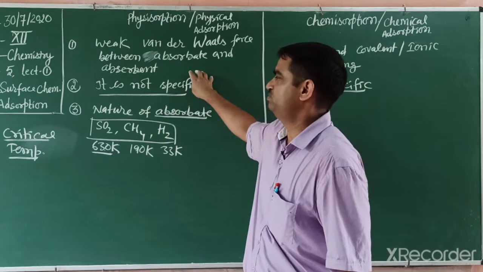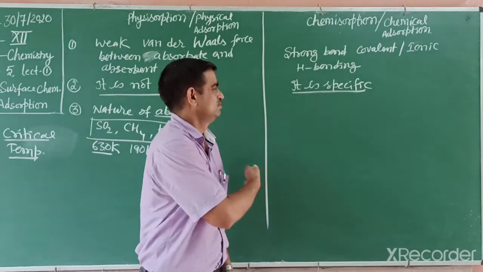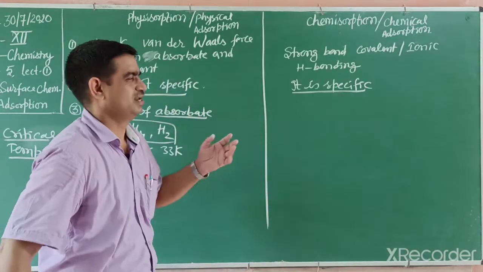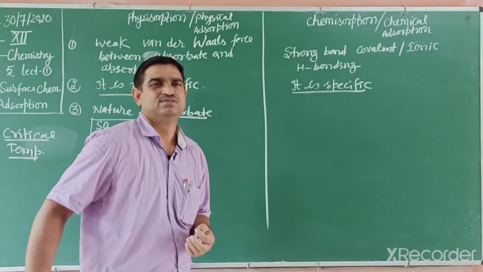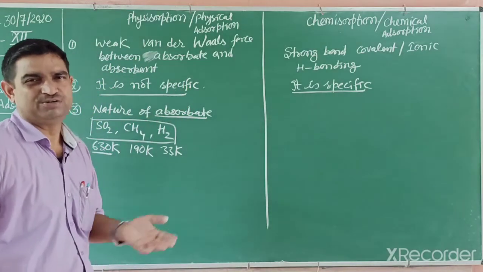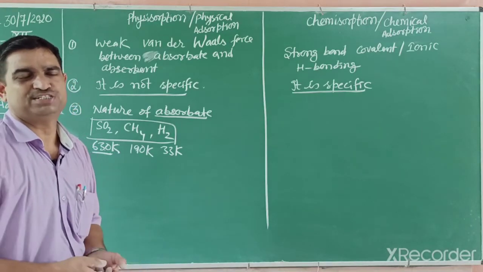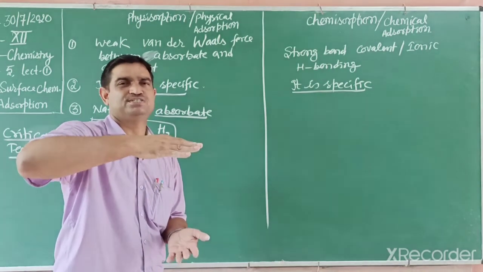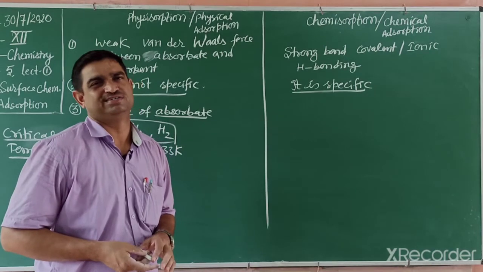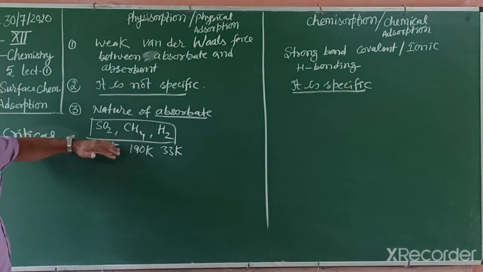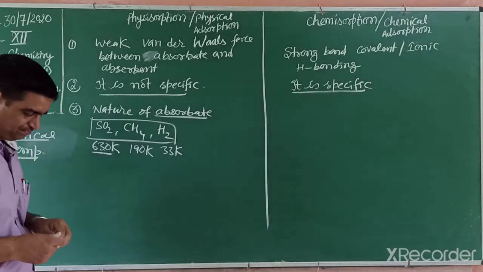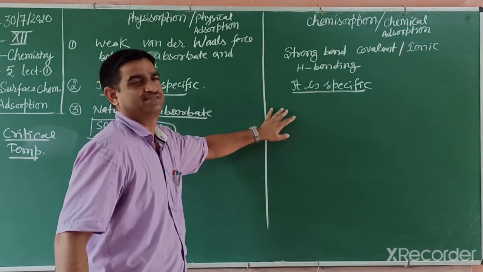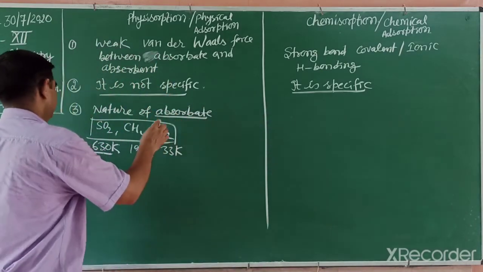So adsorption depends on the nature of adsorbate. Similarly, if the adsorbate can easily make a bond, chemical adsorption also depends on the nature of adsorbate. So this is very important. Those gases that easily liquefy have more critical temperature. In 11th class we already studied that critical temperature is the temperature above which we can't liquefy any gas. So these can easily attract. This nature of adsorbate affects both adsorptions, chemical as well as physical.